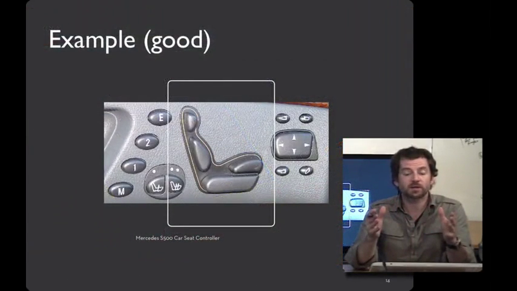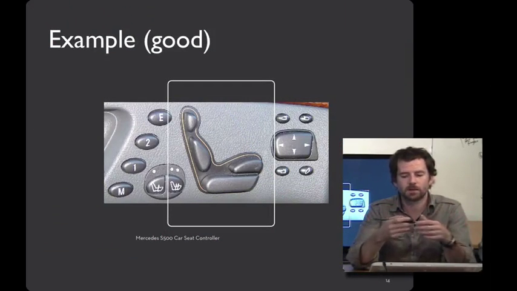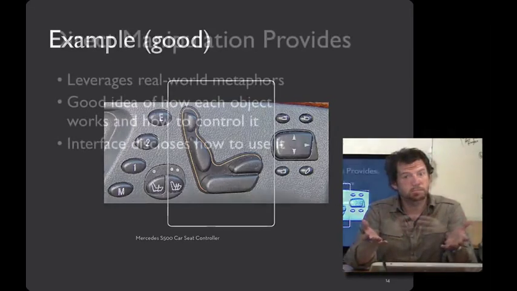The butterfly ballot caused problems because the representation was really confusing. What lined up with what was hard to figure out. Here's an example that's much better. This is a seat user interface for an automobile that employs a world in miniature strategy. It offers controls for manipulating parts of the seat, and the interface for doing that is a miniature seat itself. So if you'd like to move the headrest back, you can move the miniature headrest back. By having this clear mapping, users are much less likely to make errors.